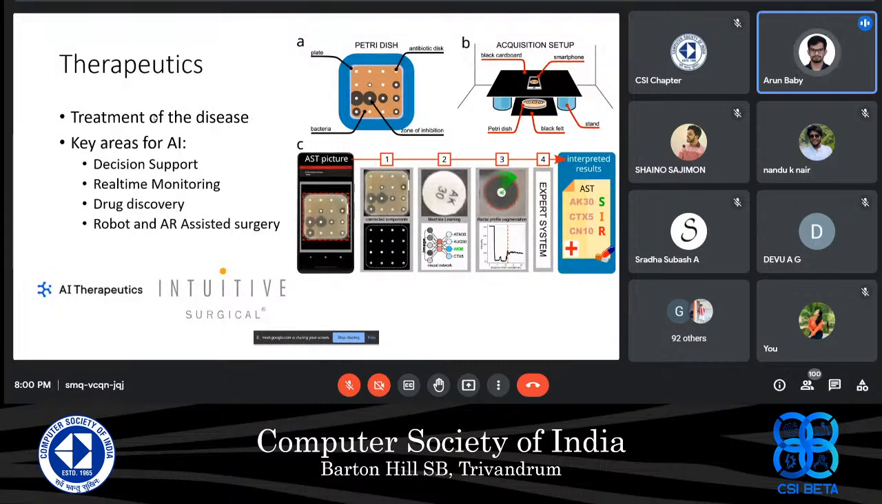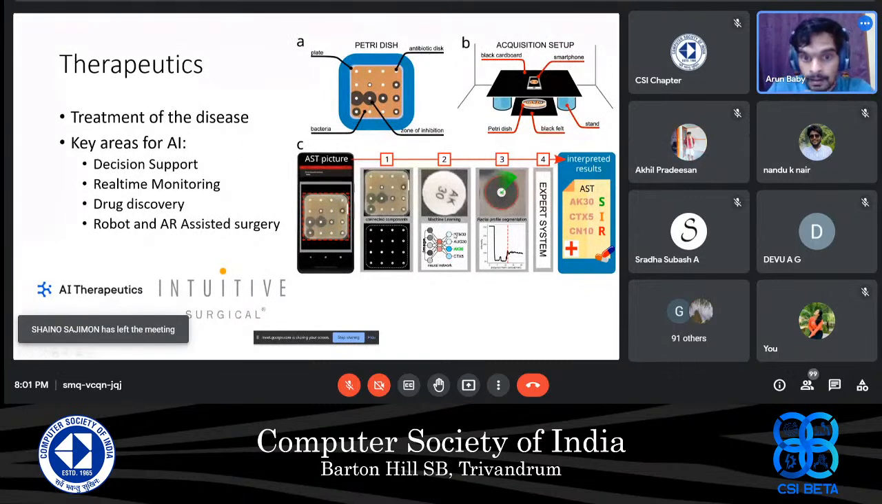So that is where the real-time monitoring comes in. Then we have drug discovery, where we need to find the most effective drug to be used on a patient. So this is where antibiotic and antimicrobial resistance also comes in. So here, as you can see on the right side, there are places where